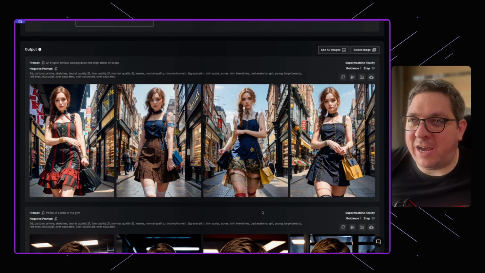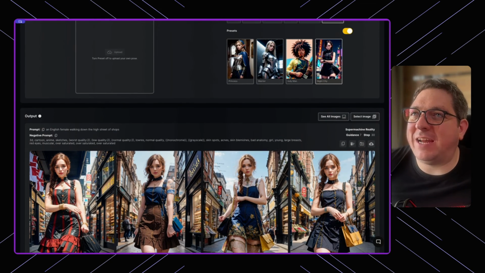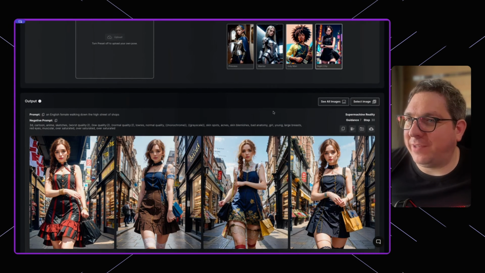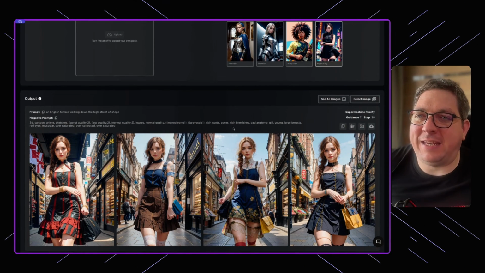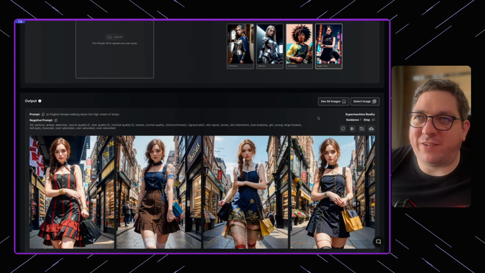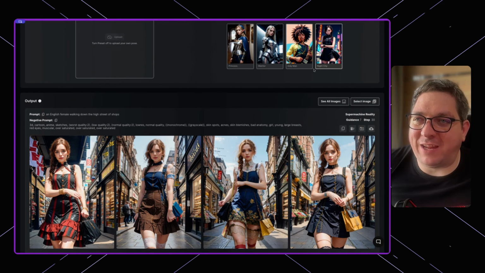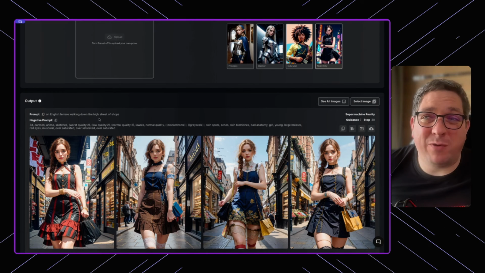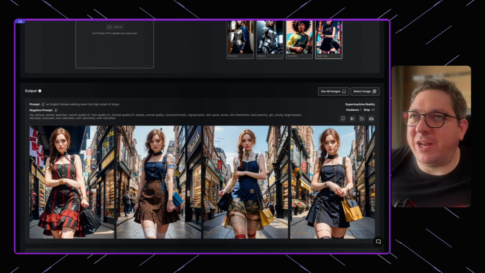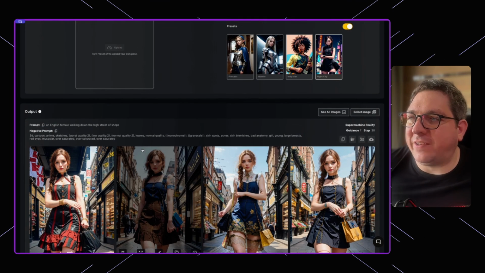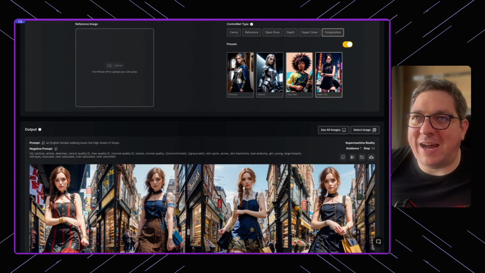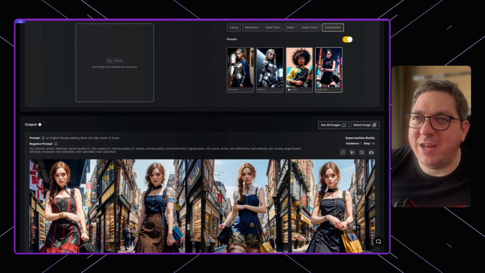And here are our outputs. So you see that we have this as our original image, and we have our outputs of a completely different person walking down the street. The background is different based on the description that we gave it within the prompt, and we've got some really awesome outputs. You'll notice though that it has kept some of the same style as the original image, such as